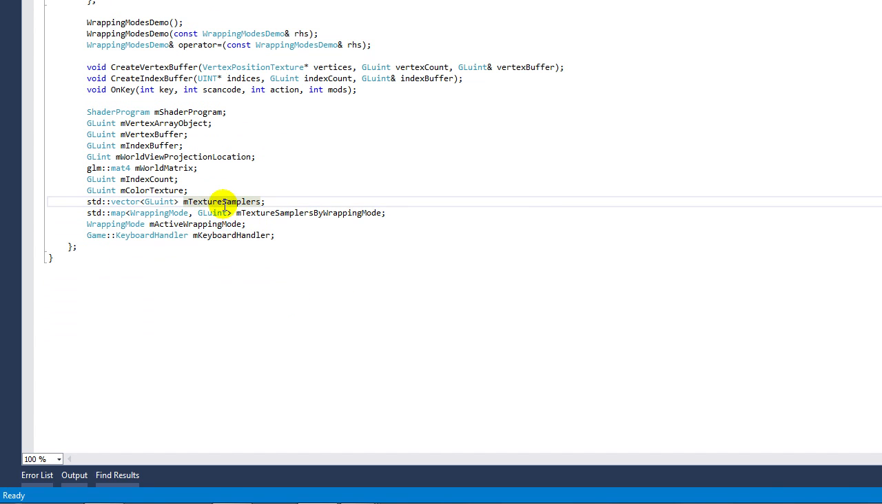This list of texture samplers is a set of unsigned ints. The unsigned ints are names for texture samplers that we're going to generate and then pass to our OpenGL pipeline. And then this wrapping mode key for this map refers to one of these texture sampler names, so that I can index very easily into this list and pull out by name, by enumeration, a particular sampler. And this is really just a bit of secret sauce that allows us to iterate through these very